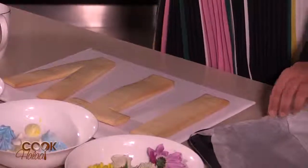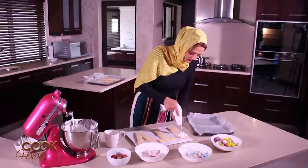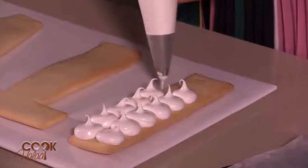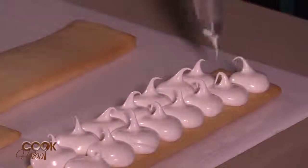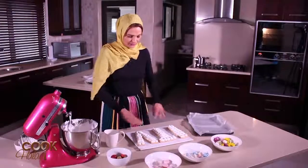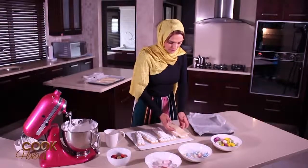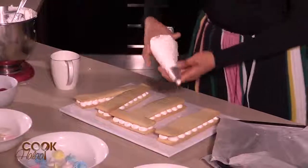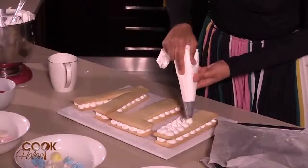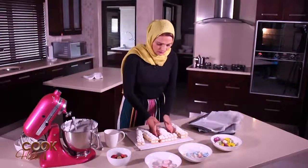Okay, and now we're ready to pipe. Just pipe a generous amount of the meringue, one dollop and then another. Okay, so once you've piped the meringue on the first cookie, you just add the second. So now we'll do the final topping, the final meringue. Okay, so our piping is now done,